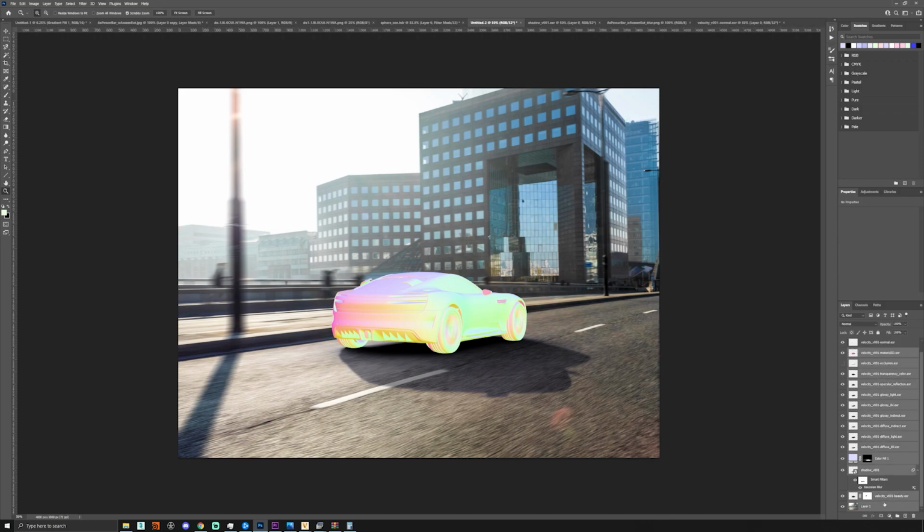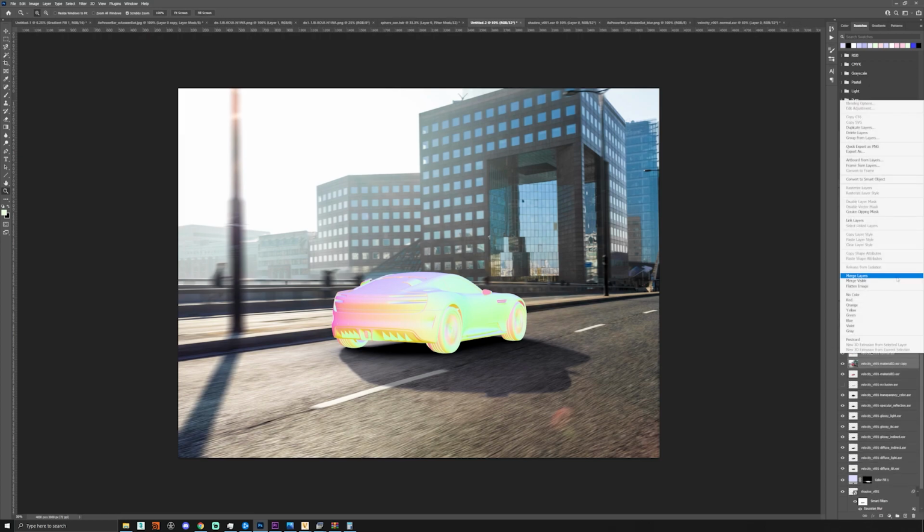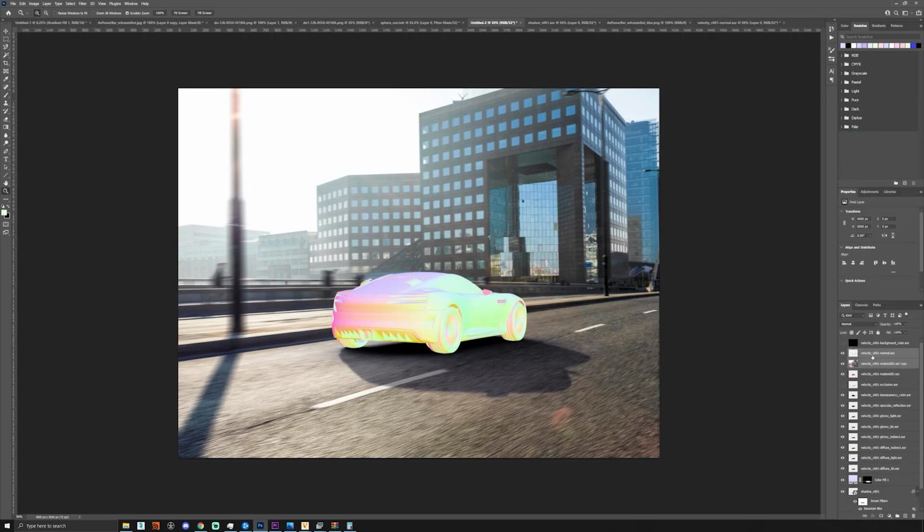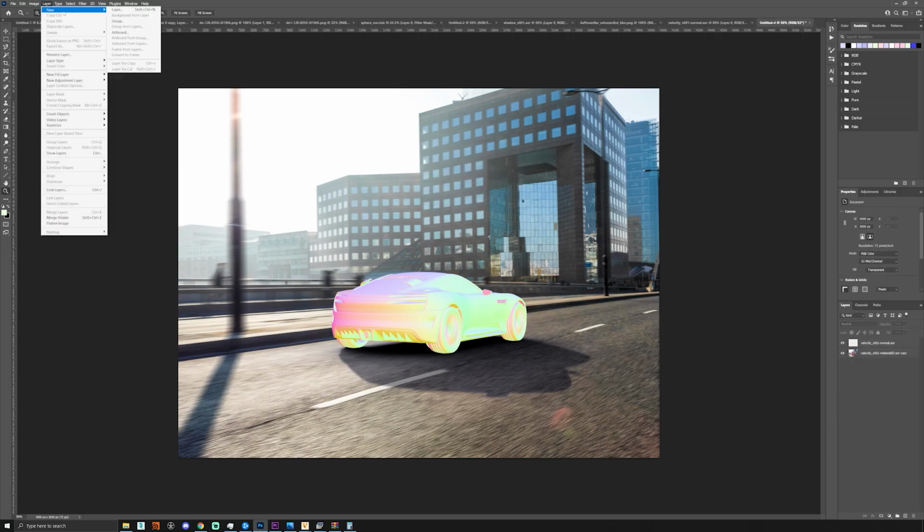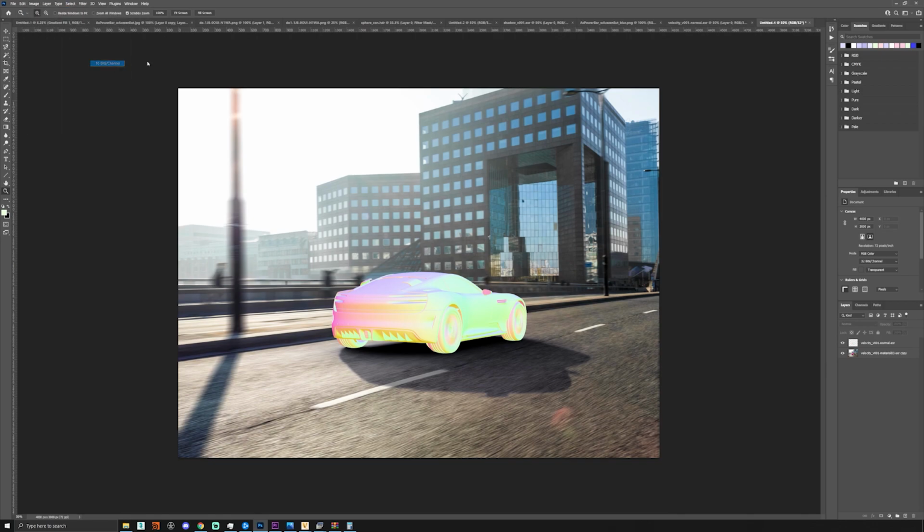So what I'm going to do is just duplicate everything, and then I'm going to crunch all of these layers into one with Control E, and then I'm going to duplicate these into a new layer. Oops, I don't want to delete the layers. I want to duplicate them, and then we'll just make a new document. And in this document, what I'm going to do is change the mode to 16-bit. I press no to merge, and then here we can actually go to select color range,